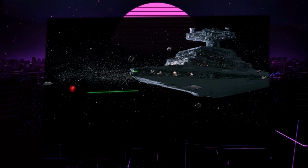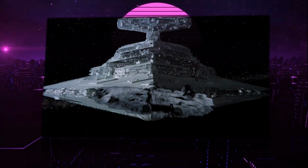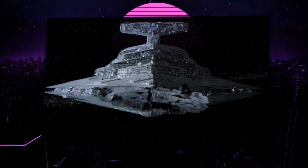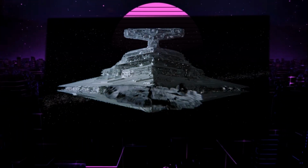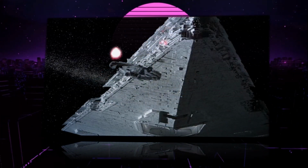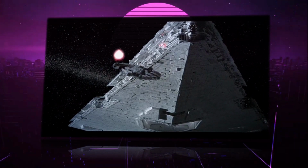Ultimately, these giant crafts became the backbone of the Imperial Navy, hunting down rebel task forces, blockading undisciplined worlds, and serving as launch bases for primary assaults. Eventually, the Imperial I-class Star Destroyer would be replaced by the Imperial II-class Star Destroyer. The Devastator would be the last of the Imperial I-class Star Destroyers to lumber out of the Quat drive yards